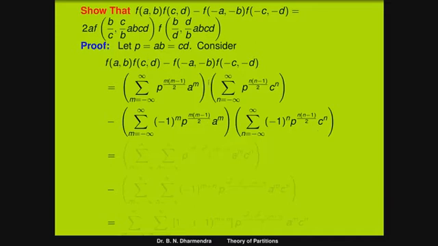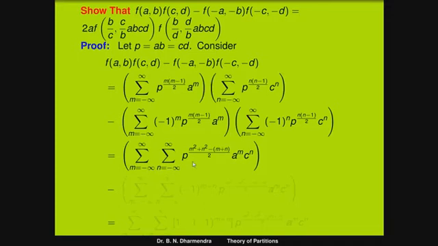So we have to multiply together the terms of the product of the series, and also that is p to the power of m into m, that is p to the power of m square minus m divided by 2, here p to the power of n square minus n by 2, in the terms of a to the power of m and c to the power of n. So therefore the terms is summation m running from minus infinity to plus infinity, n running from minus infinity to plus infinity